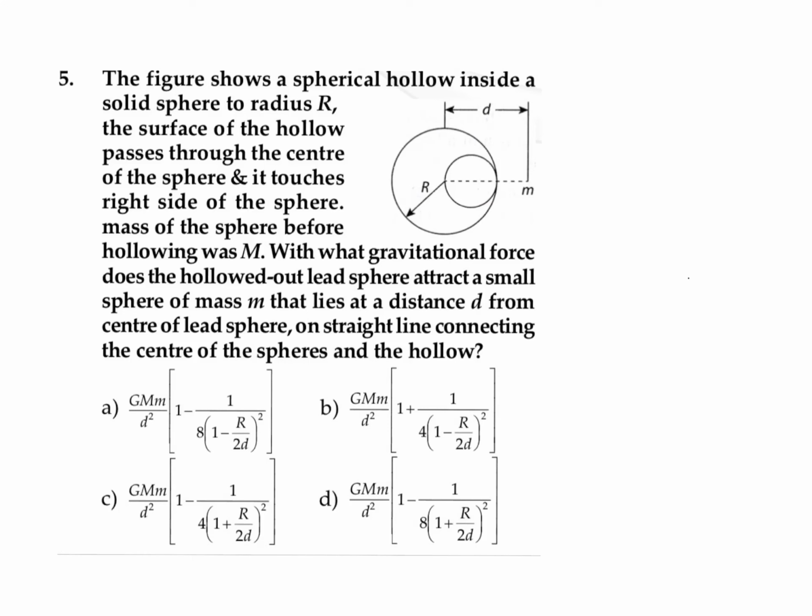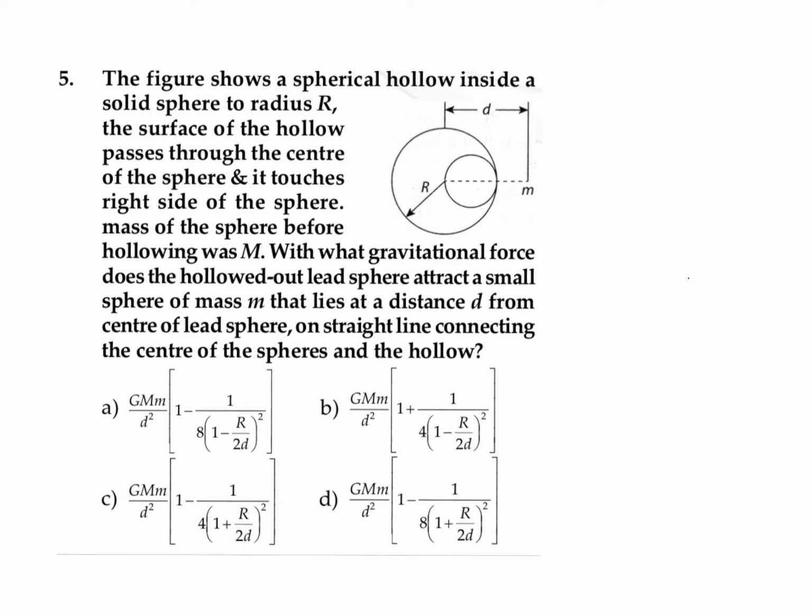In this question, it is given that the figure shows a spherical hollow inside a solid sphere of radius r. The surface of the hollow passes through the center of the sphere and touches the right side of the sphere. The mass of the sphere before hollowing was m. With what gravitational force does the hollowed-out lead sphere attract